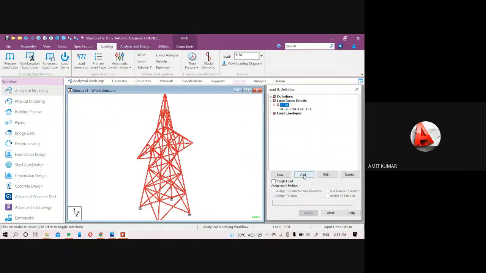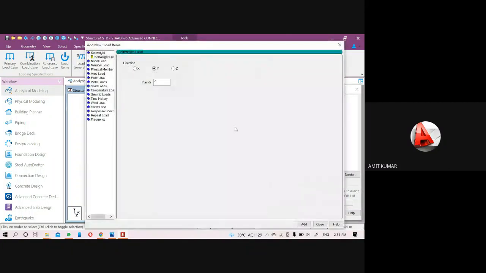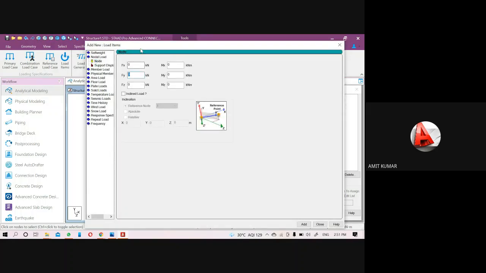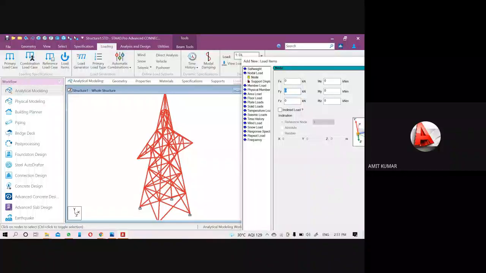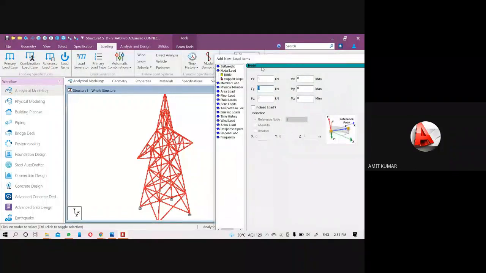Go to the dead load and come to the nodal load here. The nodal load will act in the Fy and moment direction also, because they will rotate along the y-axis. Because when we tie the wire, it will pick around here. So that's why I have to put these values.